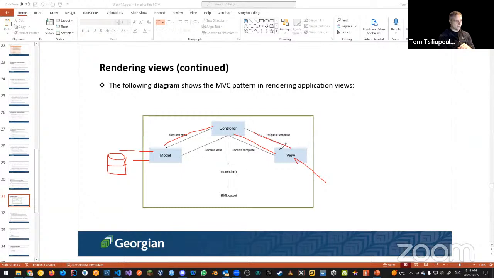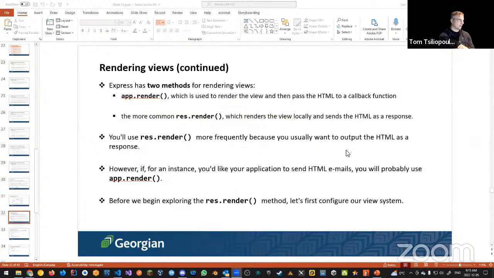So we want to update the view. This is the thing that we want to do. That view is going to be generated, just like it is in React, and just like we've seen in the past with single page applications. We're going to generate this view, and we're going to use a template engine for this, which is going to be EJS, like we said. Okay, so that is how we're going to render views.